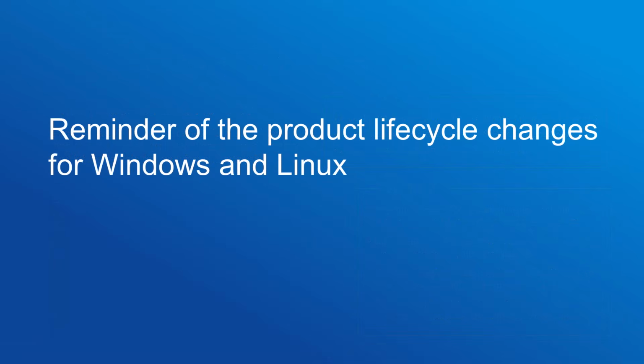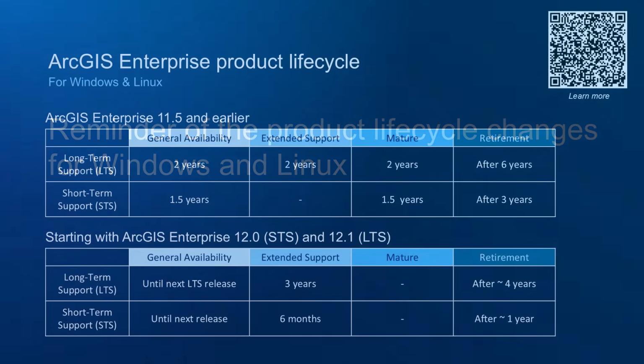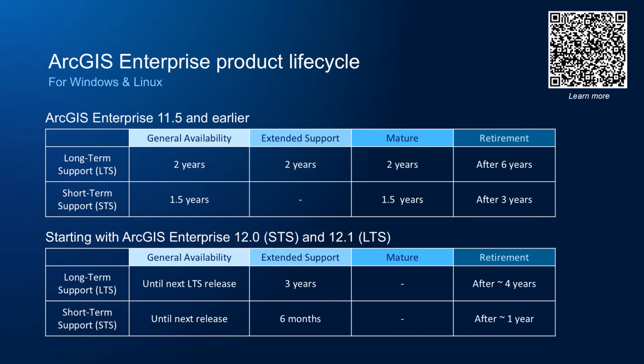Before we wrap up, a quick reminder about product lifecycle changes. As you plan your upgrade path, it's important to understand the updated product lifecycle for ArcGIS Enterprise on Windows and Linux. Starting with ArcGIS Enterprise 12.0, the product lifecycle has changed. For long-term support releases like 12.1, general availability extends until the next long-term support release, followed by 3 years of extended support, giving you roughly 4 years with both patching and technical support before retirement. For short-term support releases, general availability runs until the next release, with 6 months of extended support, about 1 year